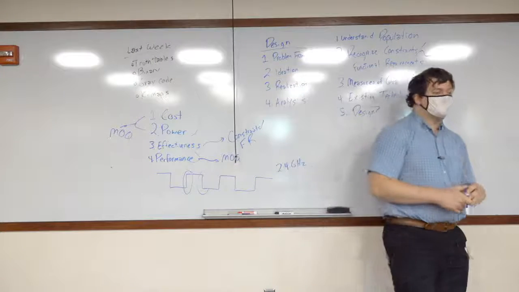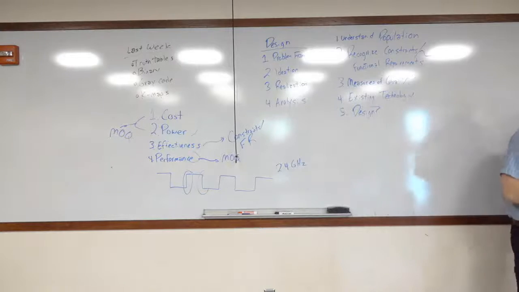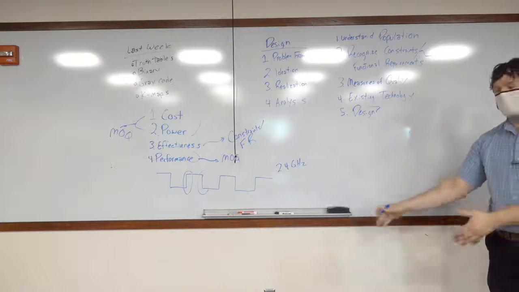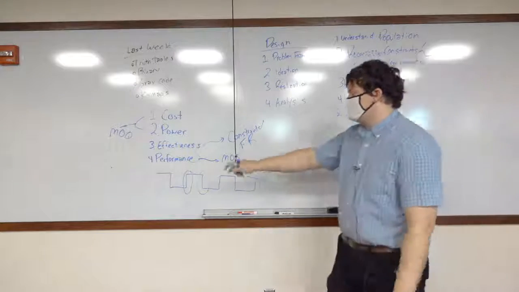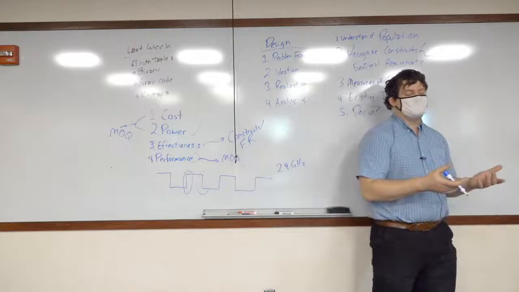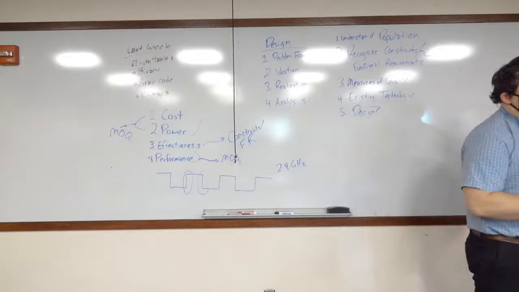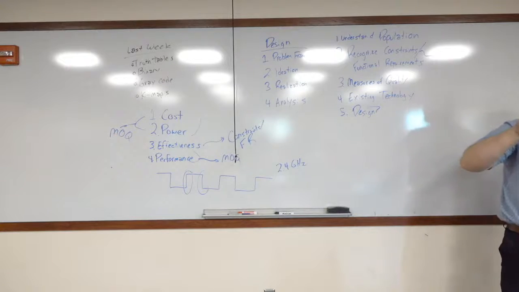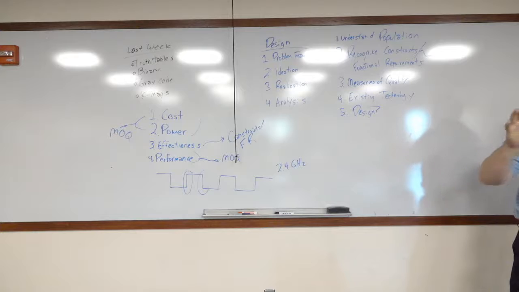Now, you could build a high-performance device if you really wanted to. This class is intended to teach you kind of both ways. But an IoT system tends toward sacrificing performance for power and cost because the performance isn't needed. A lot of IoT systems, the way that they work is they will actually, it's almost as if,